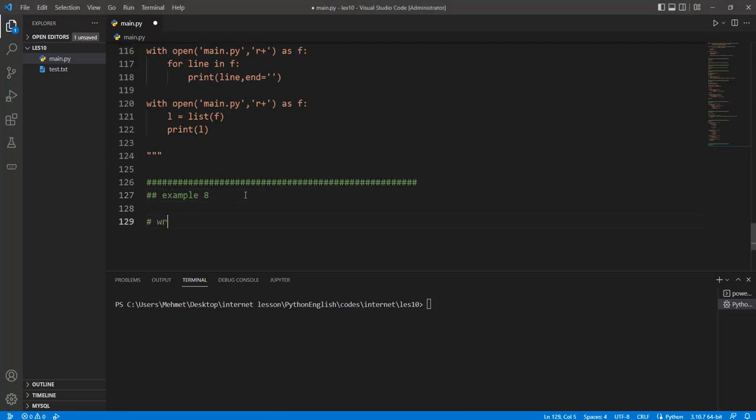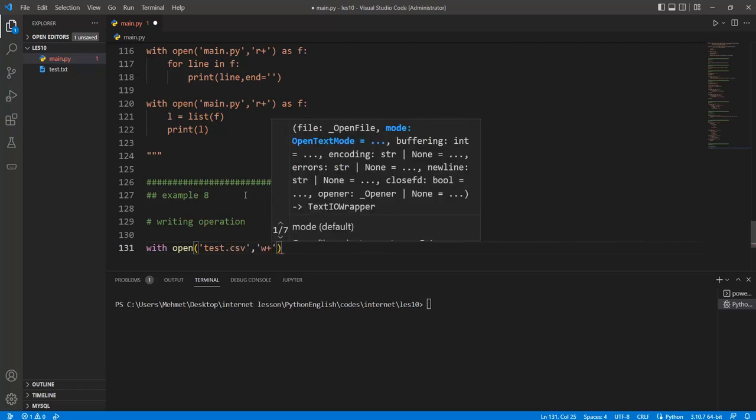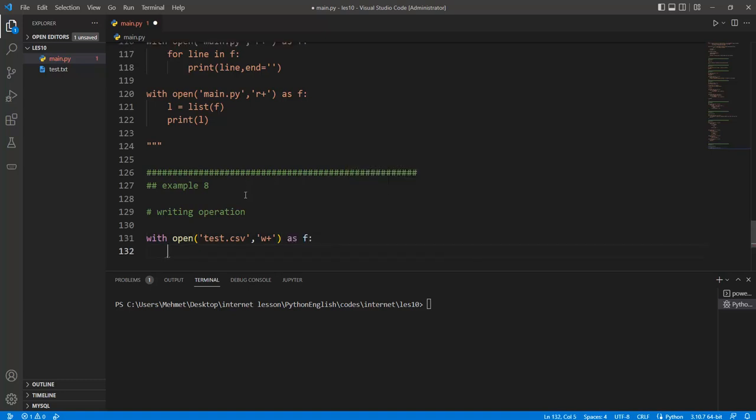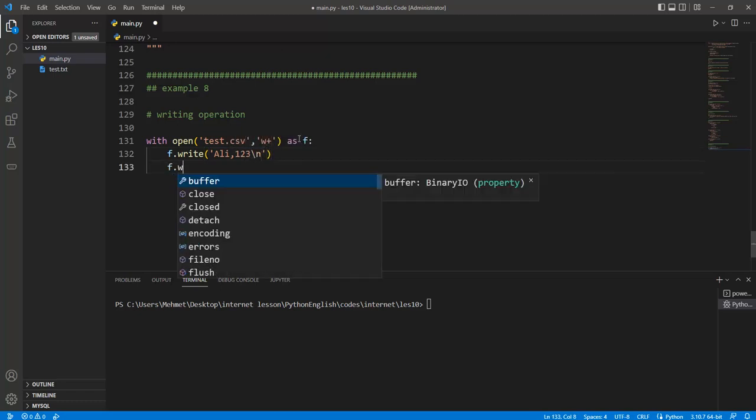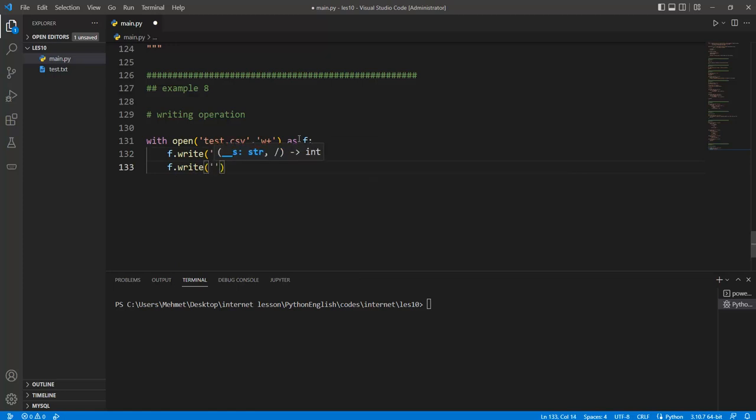So what about the writing operation? Writing operation includes with open test.csv, for example, and write plus r mode in here. If the test.csv doesn't exist, this program creates the test.csv file within the writing operation, and then fwrite can be given, Ali, and 1 2 3 new line character, and fwrite, for example,